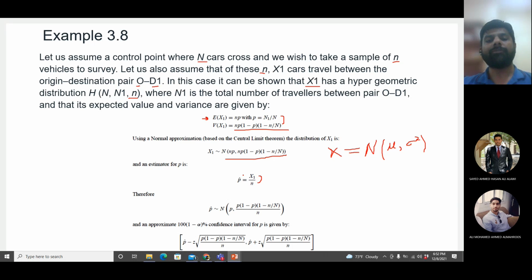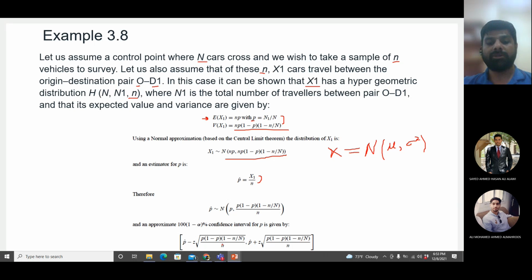Okay, so again, if you say that p not also follows normal distribution, then this is how you represent it. P is the expected value, and this is the variance for P. Okay, and if you want to calculate the confidence interval for P cap, then it can be calculated